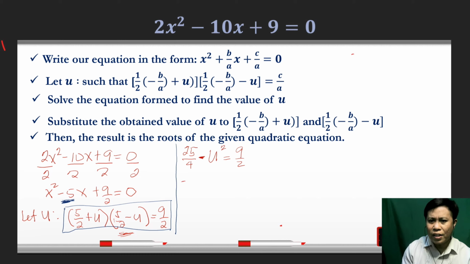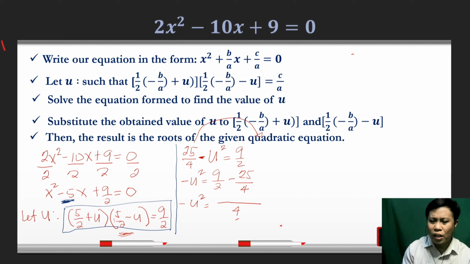Okay? So, negative u squared equals 9 over 2. Transpose natin itong 25 over 4 sa right side. So, it will become negative 25 over 4. So, negative u squared equals 9 over 2 minus 25 over 4. Kailangan kunin natin yung kanilang LCD or common denominator. So, ito, i-divide natin itong 4